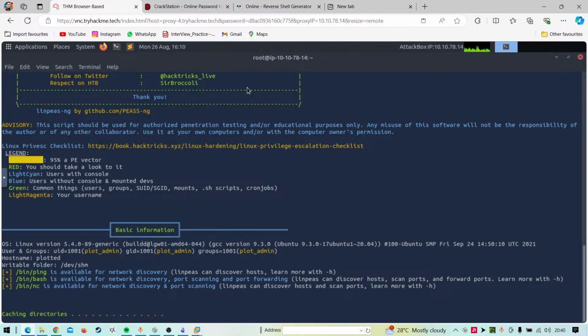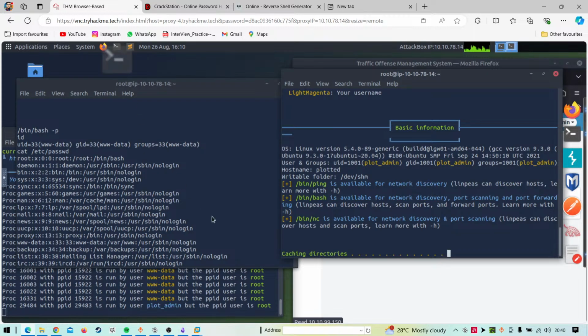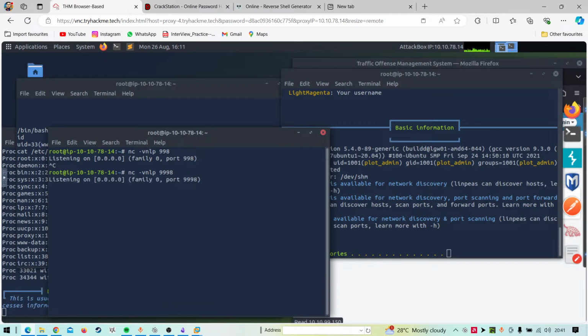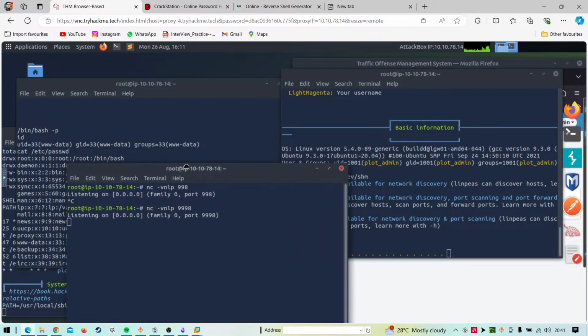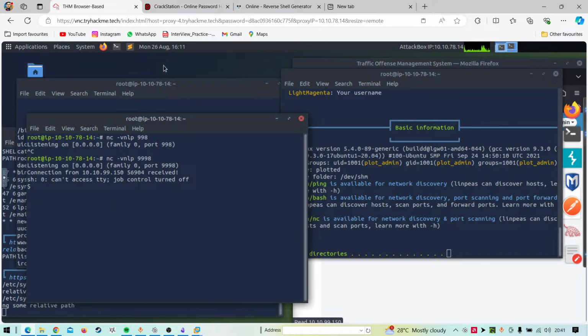So what I'm thinking is to open up one more terminal and listen on one more port with nc -nlvp. That was 9998. So we'll wait for the cron job to run that particular script, backup.sh, again, and there you go. As I told, I'll go up there, copy this particular line of code and paste it.